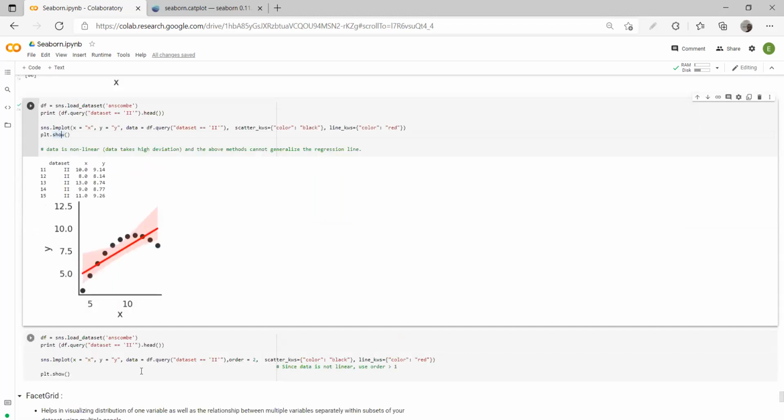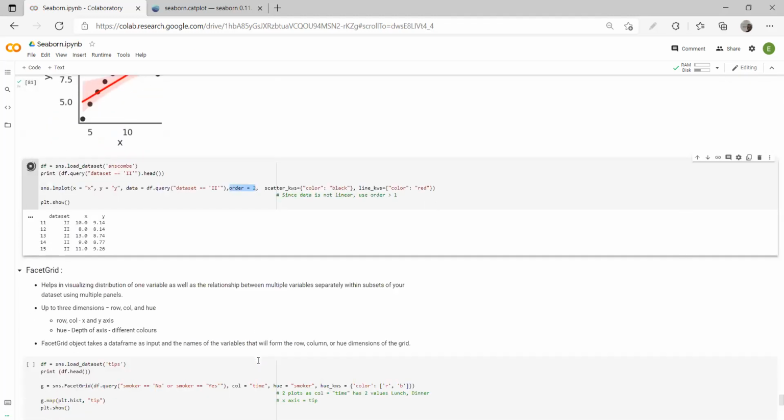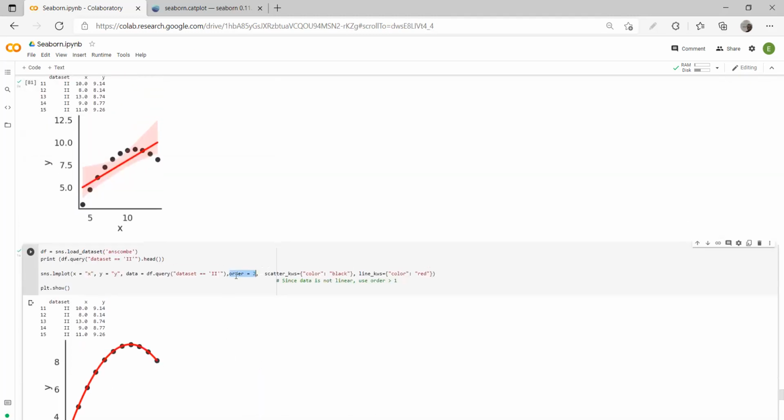Then what we are doing is, instead of just fitting a simple line, over here you see that we are trying to fit a line that has an order of 2. We are fitting a line of order 2, right? If it is not fitting properly, you make it order 2. So what do I really mean by order of 2?